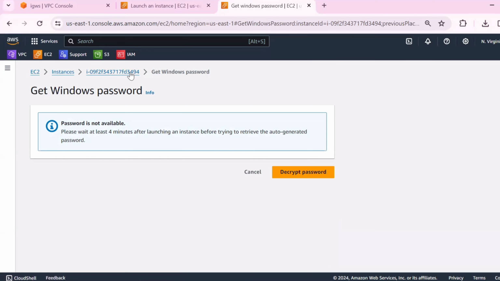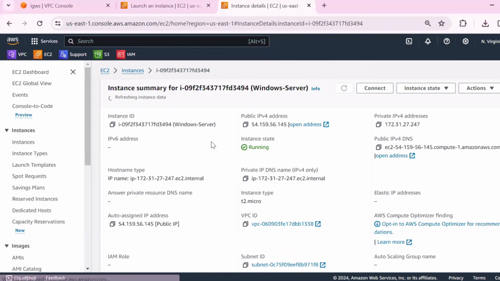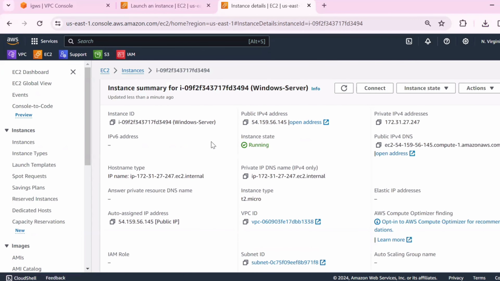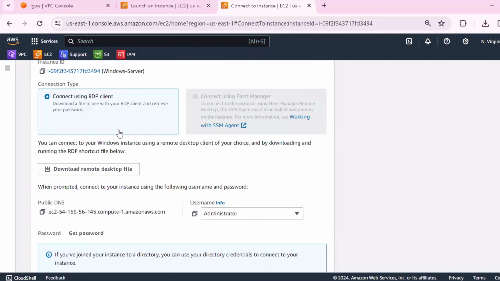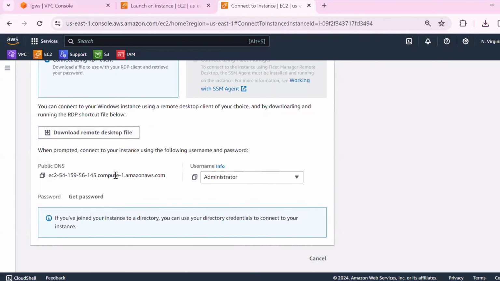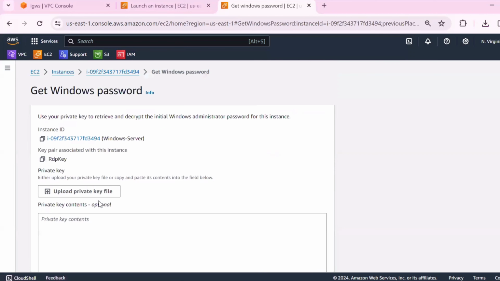So here we need to upload the private key. While we are connecting to an EC2 instance using a third-party tool, there also we provide the private key. In the same way, we need to provide the private key here also. Click on Get password, and see here we can see the instance ID and key pair.